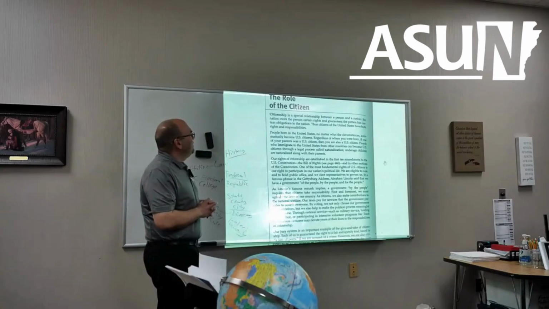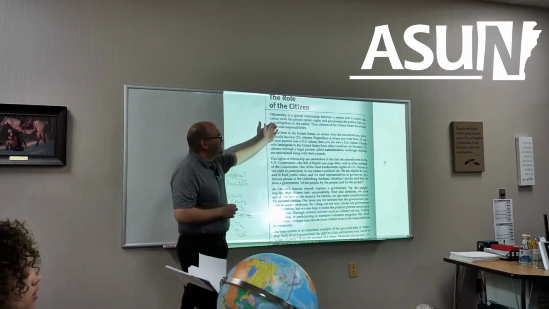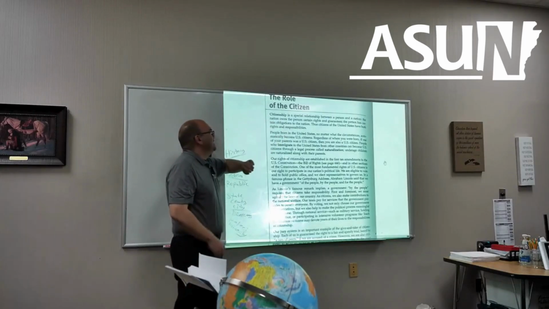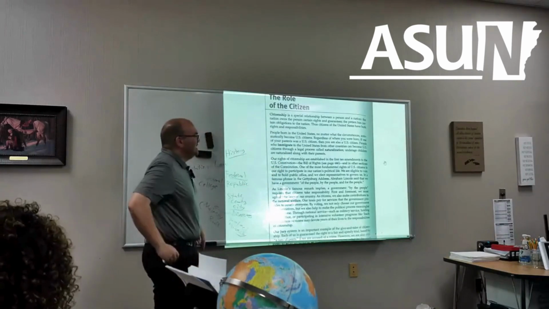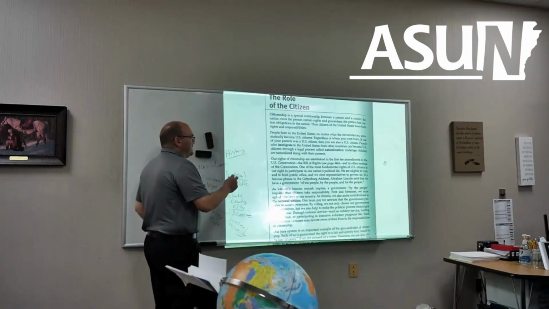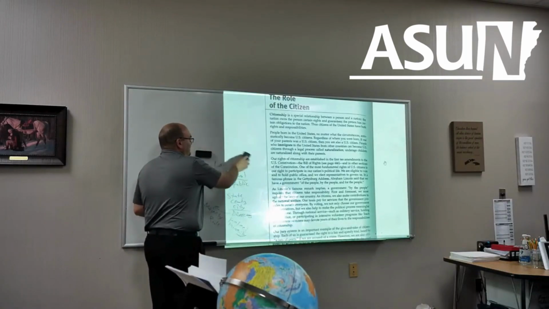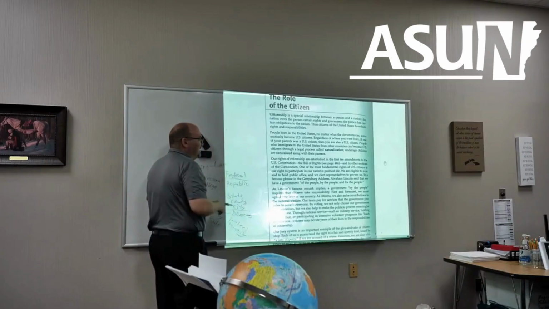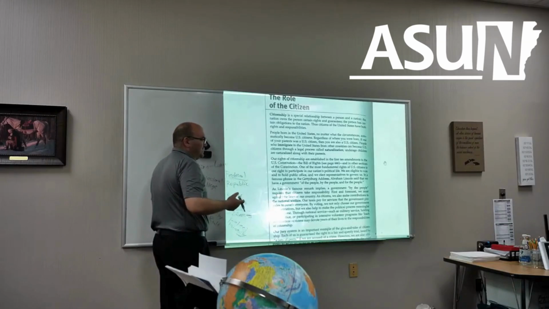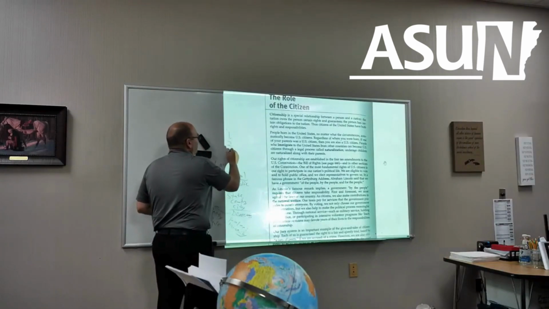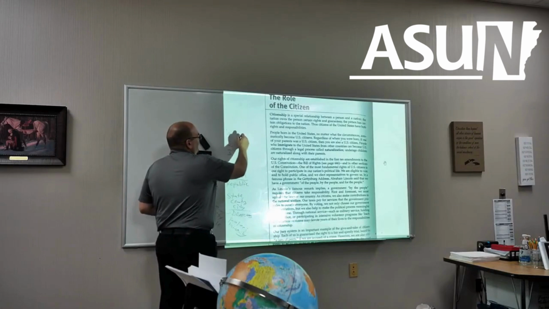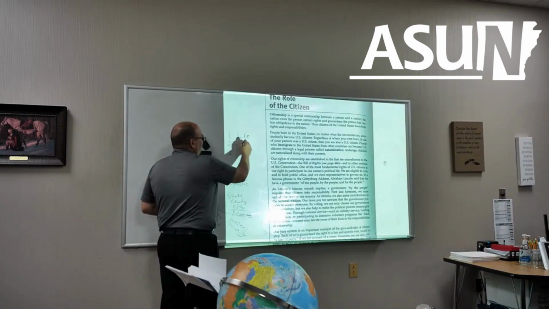Okay, but citizenship is a special relationship between a person and a nation. The nation owes the person certain rights and guarantees. In the U.S. Constitution, does anybody know what the government promises us? What is in the Constitution? The government says they will protect our what? Three things. You may know. Life, liberty,